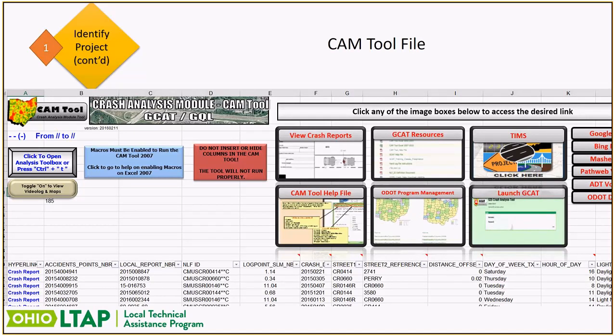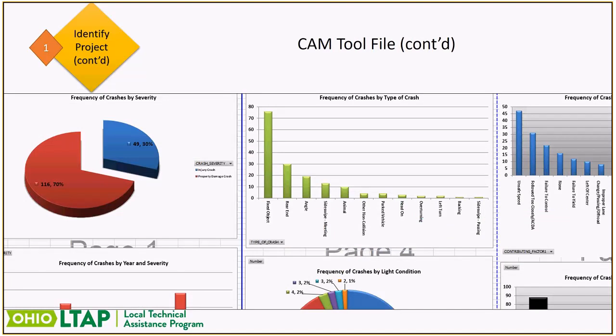I like to pull information into the CAM tool file. Like you see here on the screen, the bottom part is really what you'll see come up as far as the actual crashes. And then from there, you push a few buttons and it'll generate different charts and graphs for you. And the charts and graphs are a great piece that you can pull into your packet for your road safety audit team to give them data and information about the crashes that are occurring in the area where you're going to go out and work to see what's occurring.